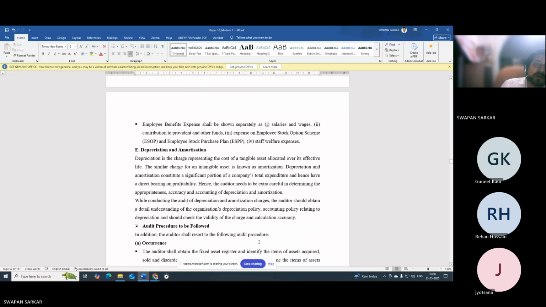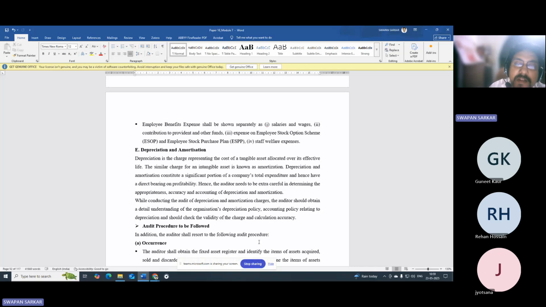Now, depreciation and amortization. Depreciation is the charge representing the cost of a tangible asset allocated over its useful life. The similar charge for an intangible asset is known as amortization. Depreciation and amortization constitute a significant portion of a company's total expenditure and hence have a direct bearing on profitability. Hence, the auditor needs to be extra careful in determining the appropriateness, accuracy, and accounting of depreciation and